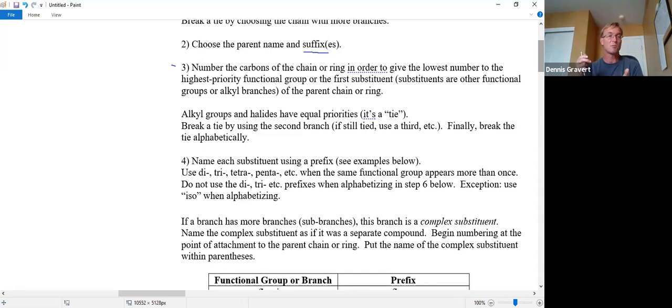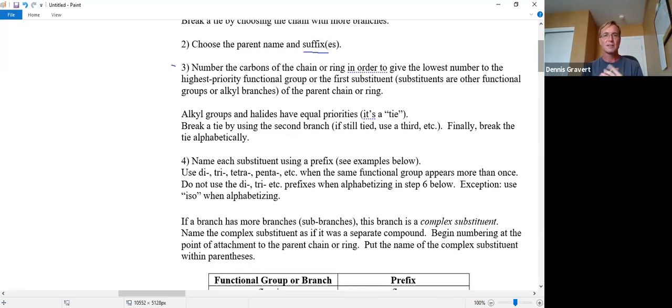If you can't put it on carbon 1, like the functional group's not on the end of a chain, someone drew it and it's somewhere in the middle, well then choose the end that can get you to that group as fast as you can in the lowest number. More examples are coming. And then at step 3 here, where we are numbering the chain, that becomes really critical